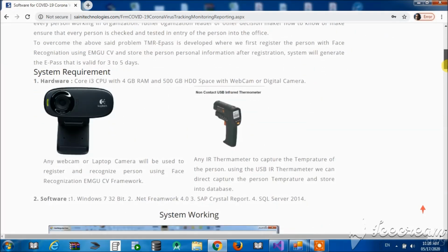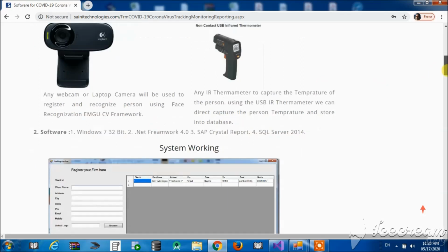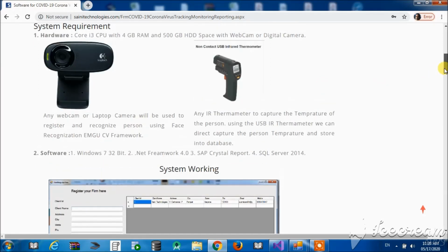So the basic requirement for this system is a CPU with i3, 4 GB RAM, 500 GB hard disk, and a webcam or digital camera. Webcam is any web camera that you have, and a non-infrared thermometer through which you will capture the temperature of the person who is coming into your office.